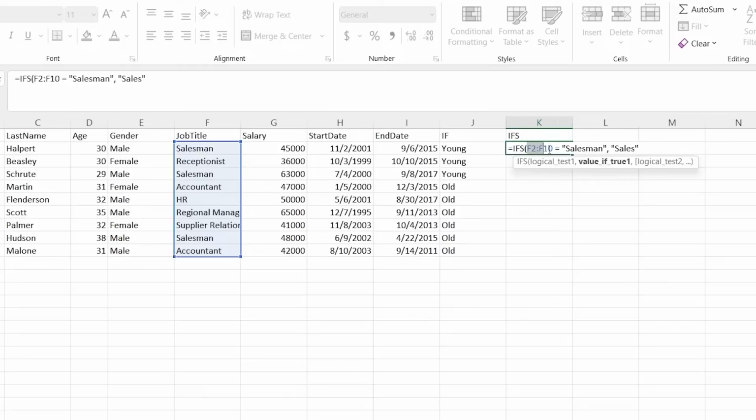If this is our conditional or logical test, and it's true, this is what's going to be returned. You'll notice it's a pretty simple pattern. We can just do random things. So if it's equal to sales, we'll do the same one. If that is equal to, let's say, HR, we can say fire immediately. And now we're going to say if it's equal to